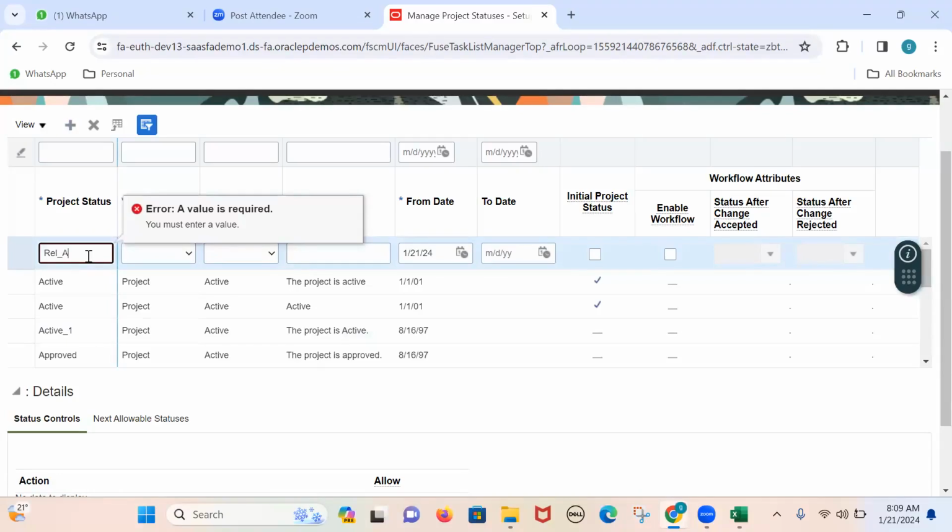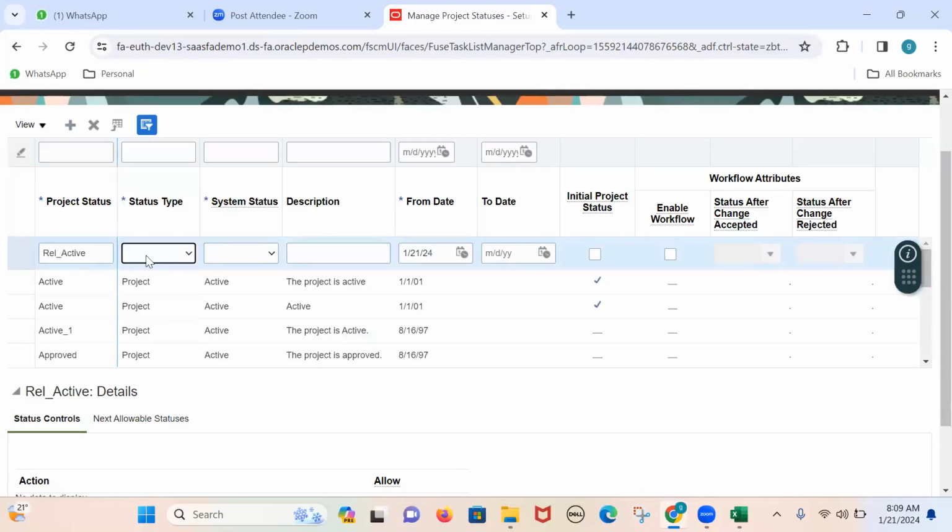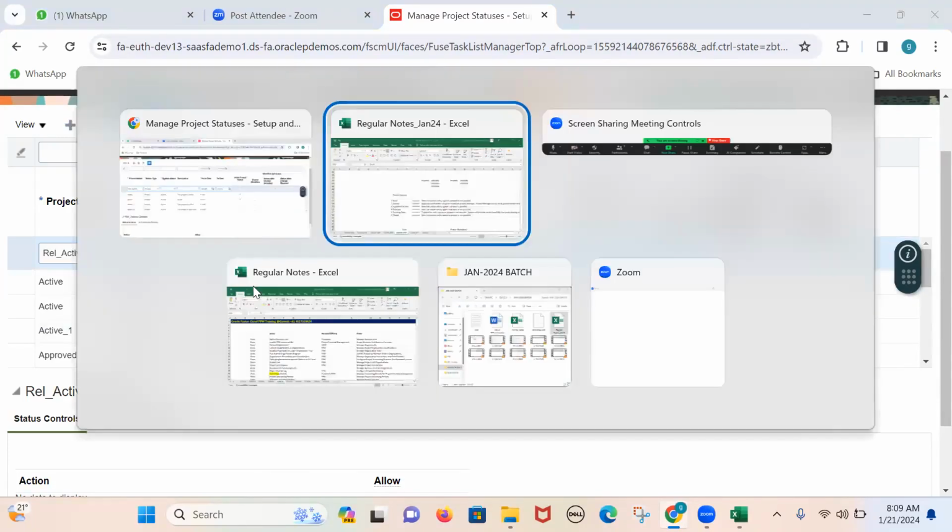Let me see Reliance_active. Okay, this status belongs to Project Financial Management. And for this customized status, I'm going to assign one seeded status. If I expand this, these are the list of seeded statuses, and these statuses we already discussed